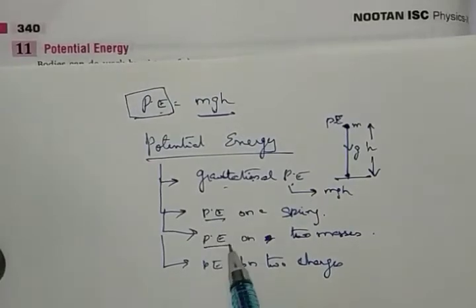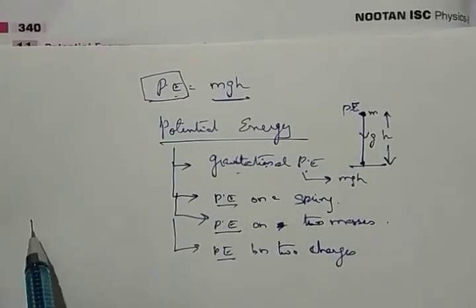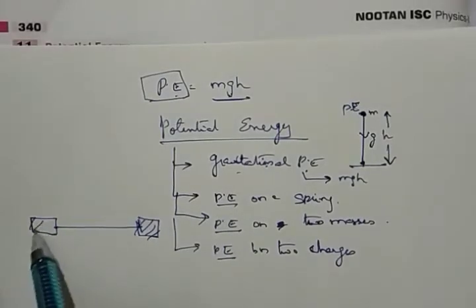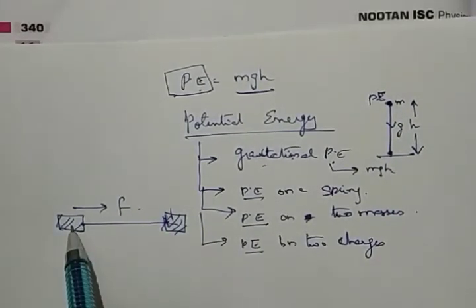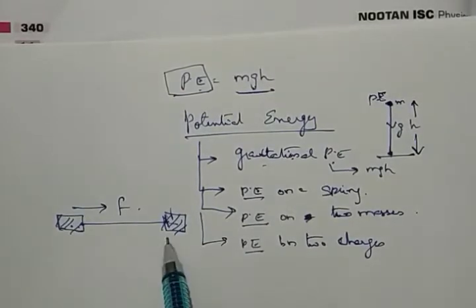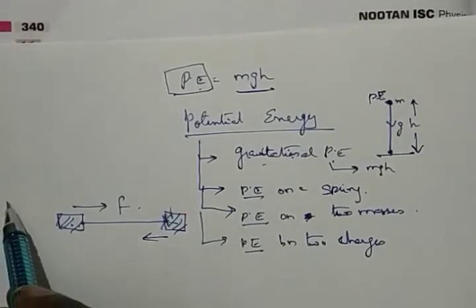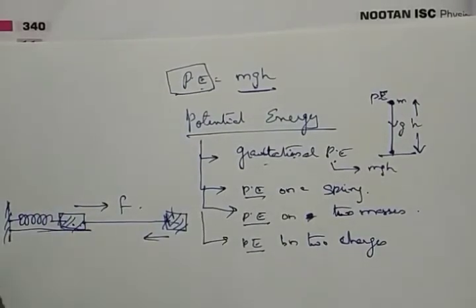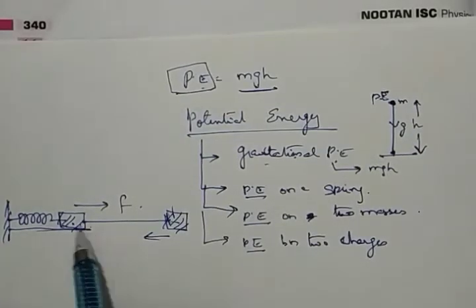So basically potential energy keeps coming again and again. What is potential energy? It is when you are in one position and you change the position with some amount of force, but when you leave it, it will come back to the original position. That means some force is constantly pulling it back. Now let me give an example of a spring here. A spring is attached with the body here. So it is just a normal body and a spring is attached.